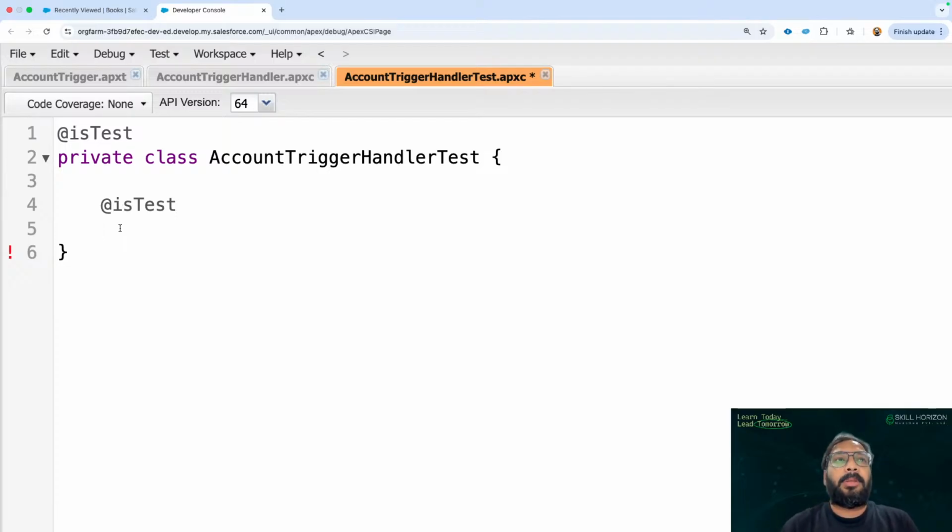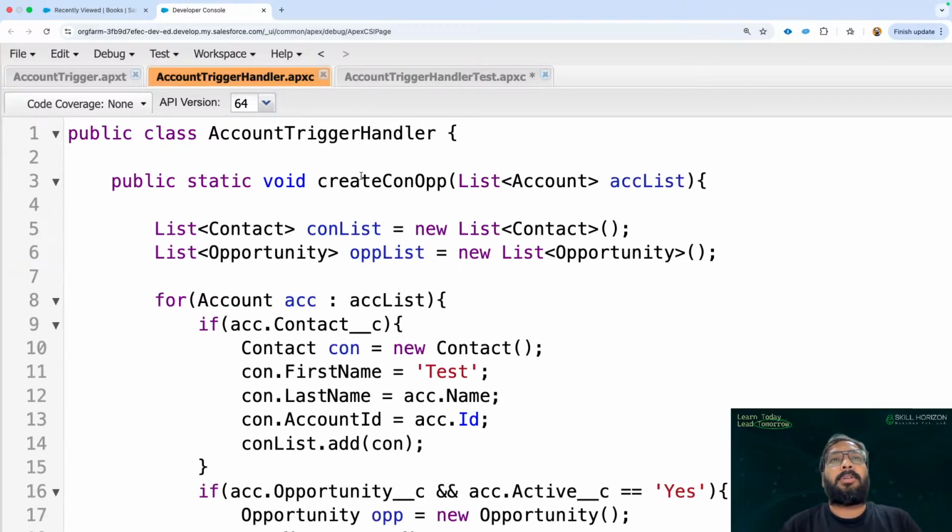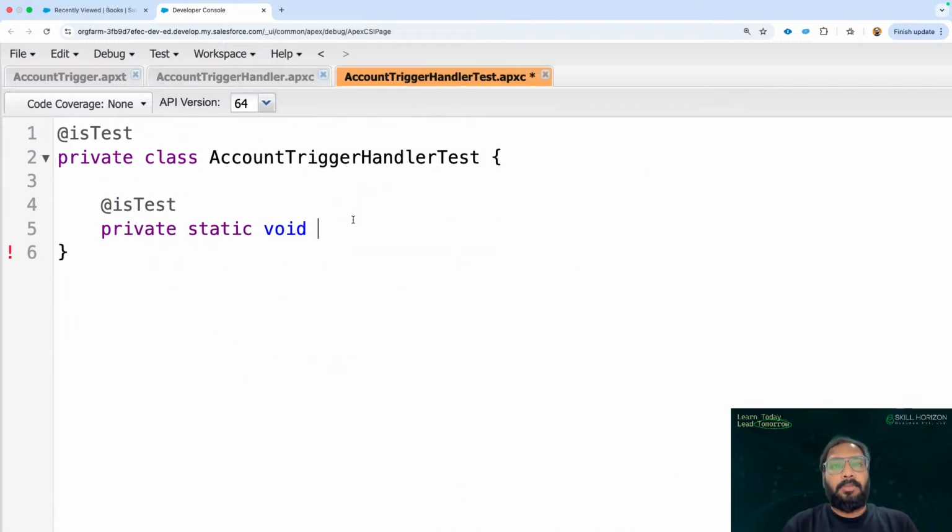So we will be having a button. If we click on that button, these classes will be executed automatically. Now I'm going to write a method, public static void. Here we are going to test the create contact opportunity test. In this method I'm going to test create